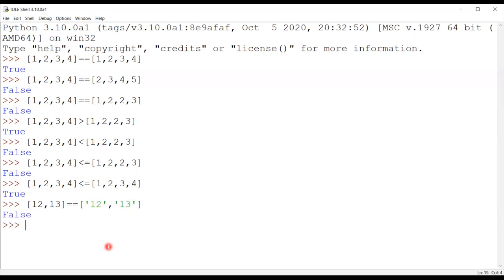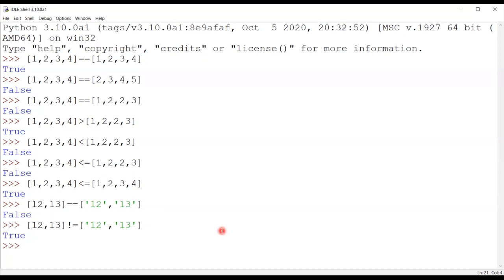I will get the result as false, because my first list contains integer elements and my second list contains string elements, and an integer cannot be equal to a string type. That's why I'm getting the result as false. In return, if I check the comparison with not equal, I'll get the result as true, because both are not equal. And this is true.